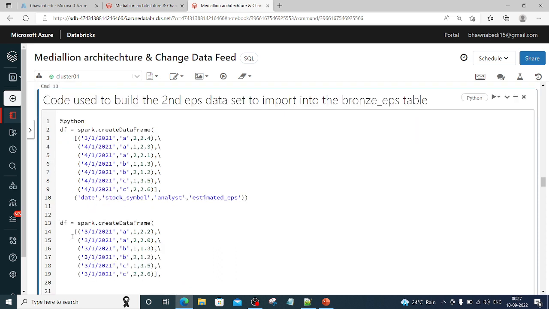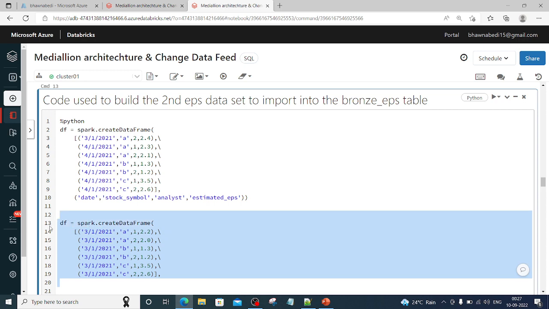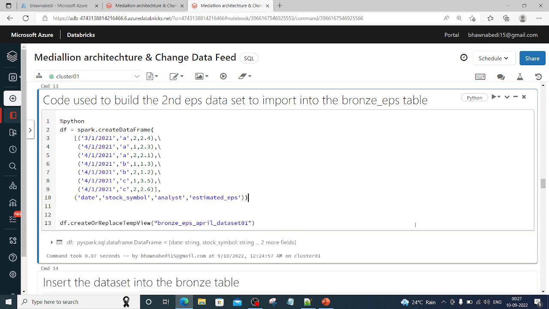Okay, so if you see this particular row, where the date is this and the stock symbol is A, this was already present, correct? Now if you see, there was one row which was already present, and all the other rows are inserts. Only the first row is an update. So now when we did merge